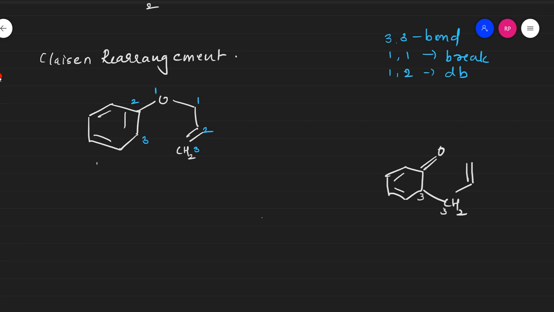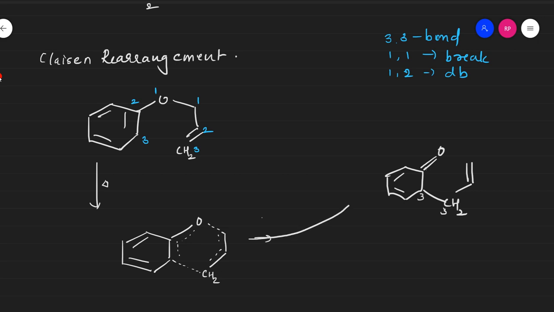Now let's see how to write it in the cyclic transition state. Now you know where the bond breaking is. 1,1 bond breaking, so directly write the dotted line there. CH2, you know there is a new bond going to be formed over here. Then in the cyclic transition state, put dotted lines everywhere. Now, how are you going to get this? The rest of the structure remains the same. Now you can show it this way. This is how you get it. Now this is your product. This is your cyclic transition state.